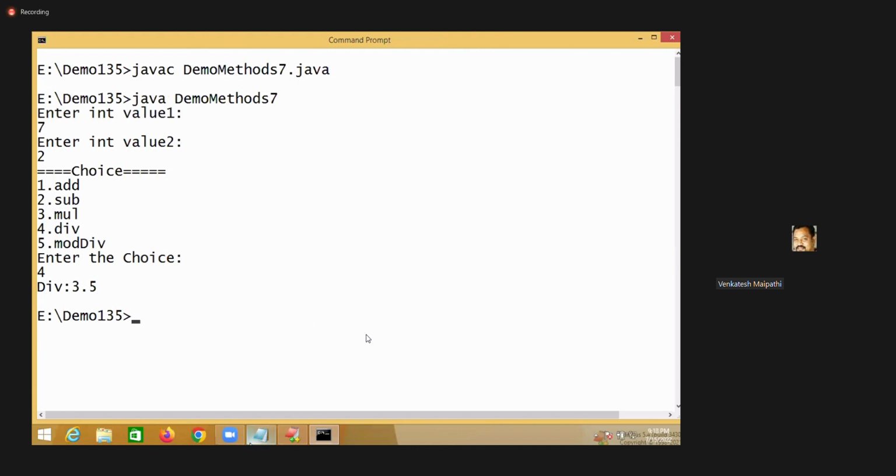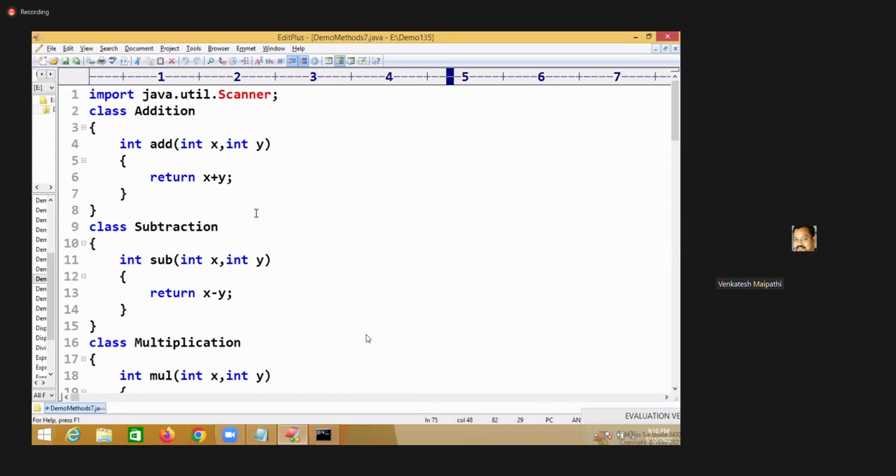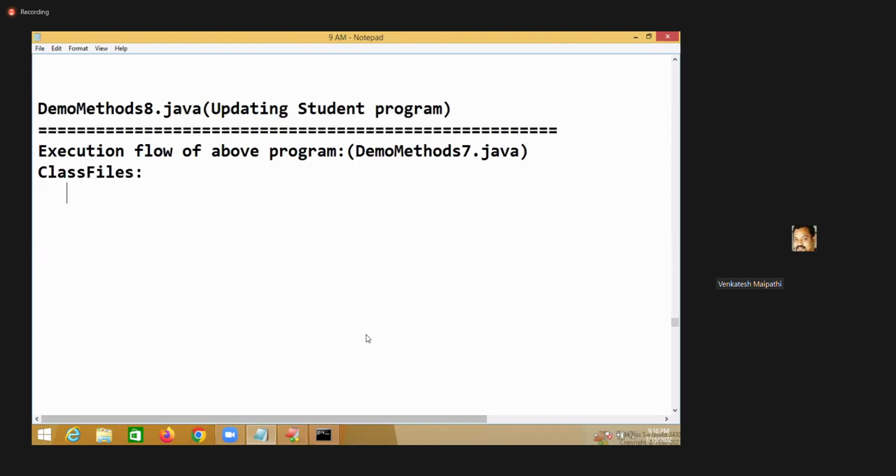Okay, right. Now here, how many class files will come? How many class files will be generated in this program? Anyone can say 6 .class files will come. So 1 .class file is the Addition .class file. 1 is the Subtraction .class file. 1 is the Multiplication